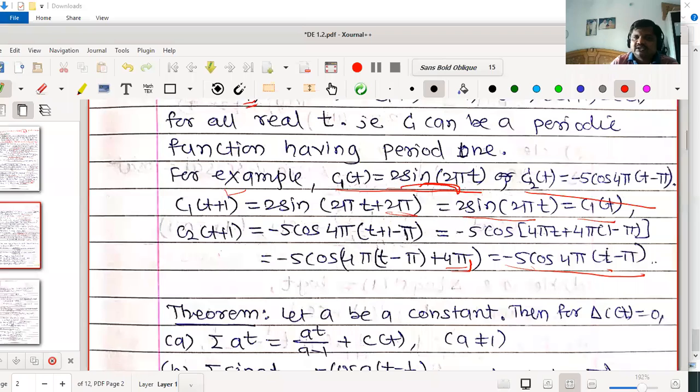Therefore delta c2(t) equals 0. That is, c2(t) is periodic with period 1 now, and therefore in this summation